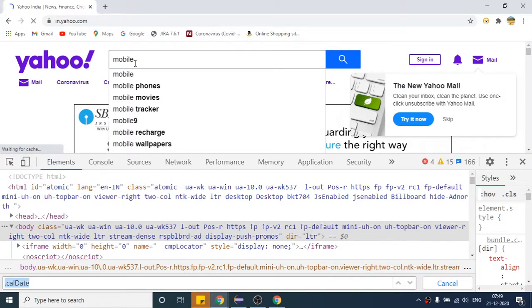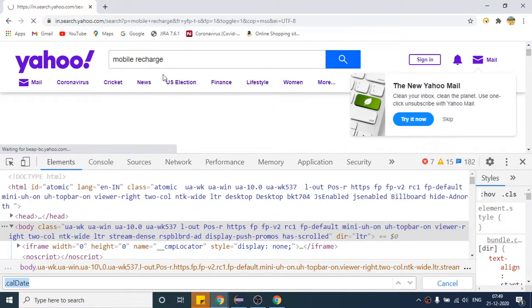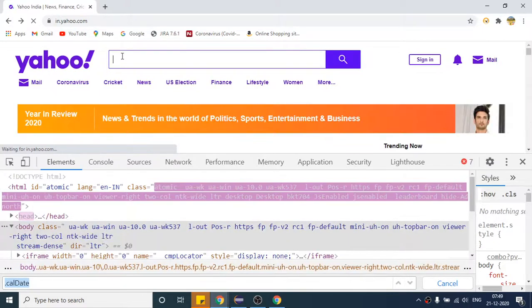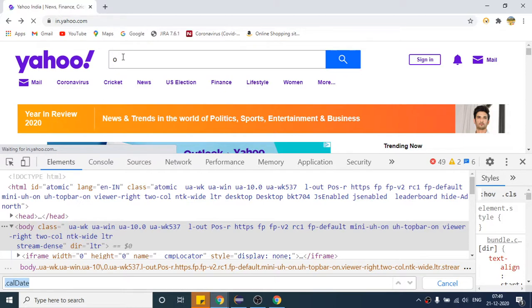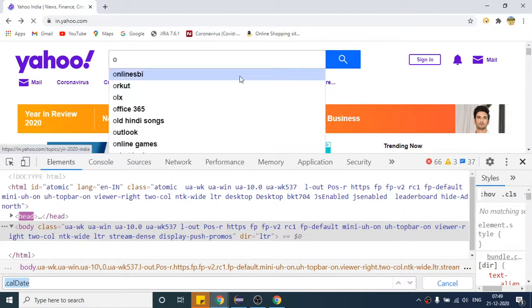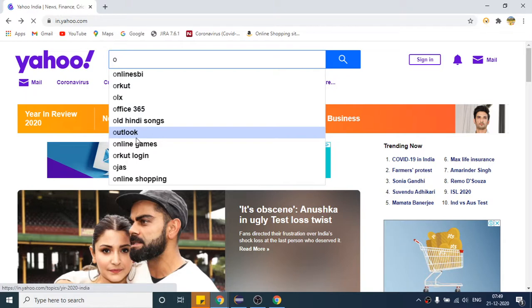Okay. So I am saying that this is one. When I write something here, it is giving me some suggestion. So how can I handle this with the help of Selenium? Suppose I want to click on this mobile recharge. I am doing this manually, and after that it will open the web page, which is some other thing. I want to select. Suppose I write O. It should give me some suggestion. It is not giving it this time. Okay, now it is giving. I want to select any one of the items present here. So how can we achieve this with the help of our Selenium code?